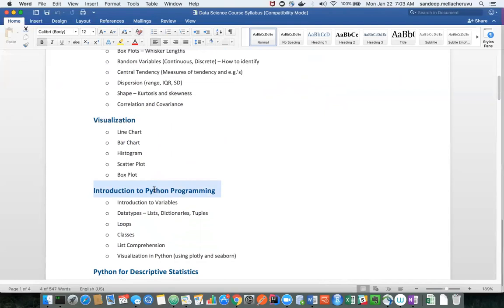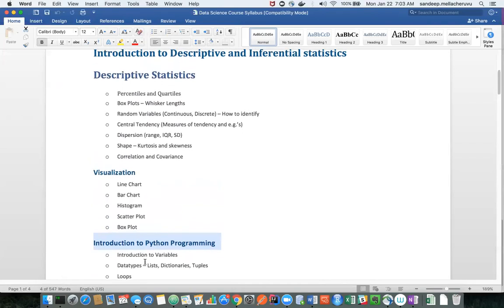Actually, earlier I used to teach everything on R. Now I realized R is a kind of difficult language to learn. It's very easy for the first 10 days, but if you want to go deeper, it's going to take a lot of time. So that's why I removed the R module and added Python.